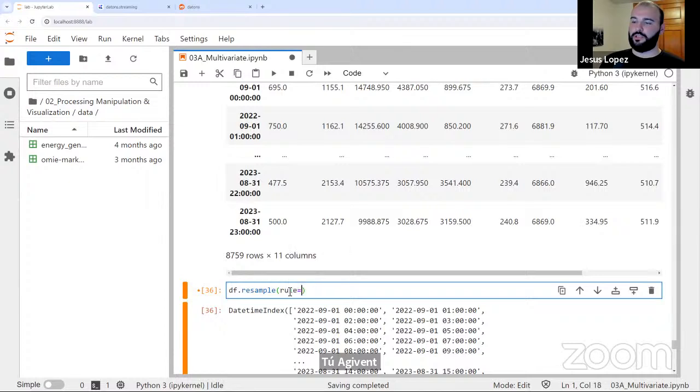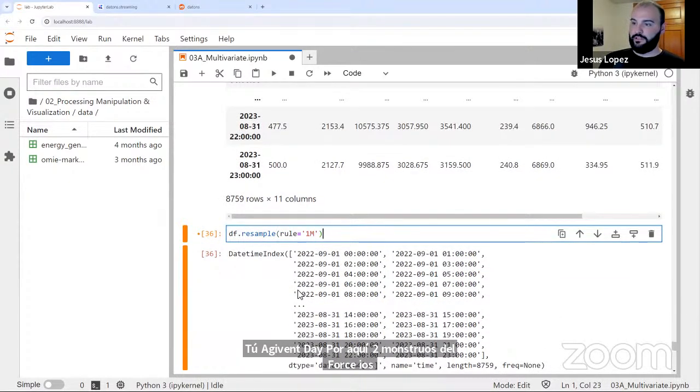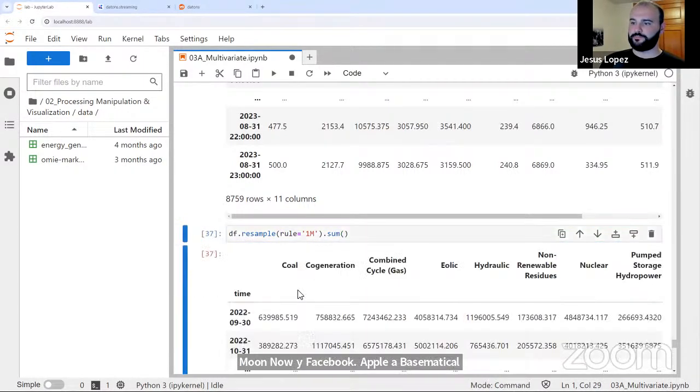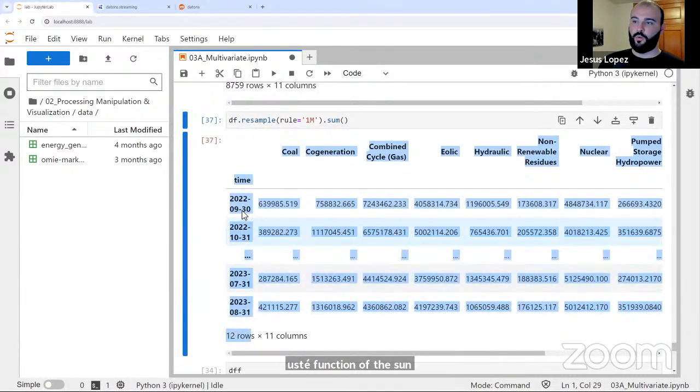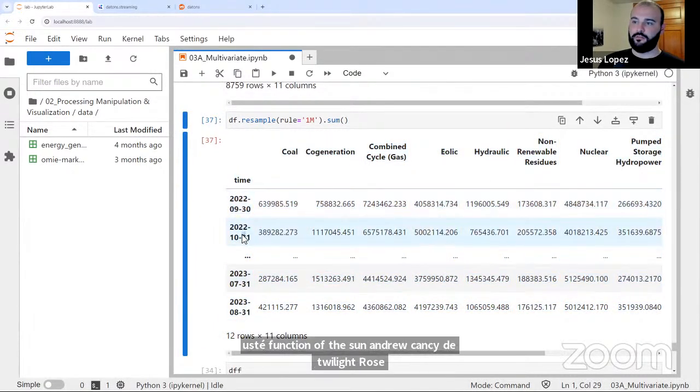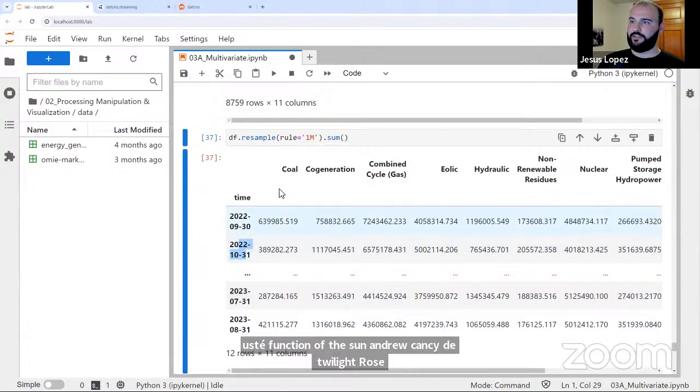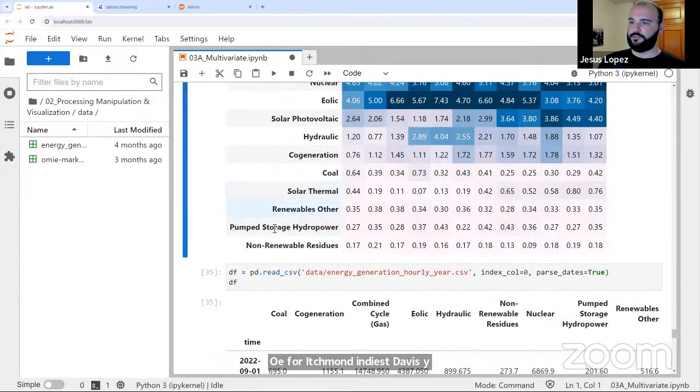Therefore, I use in the rule 1 month. Now, if I want to apply a mathematical operation, I use the function sum, and there I can see the 12 rows, one for each month in this data set. We still need to get to this solution,